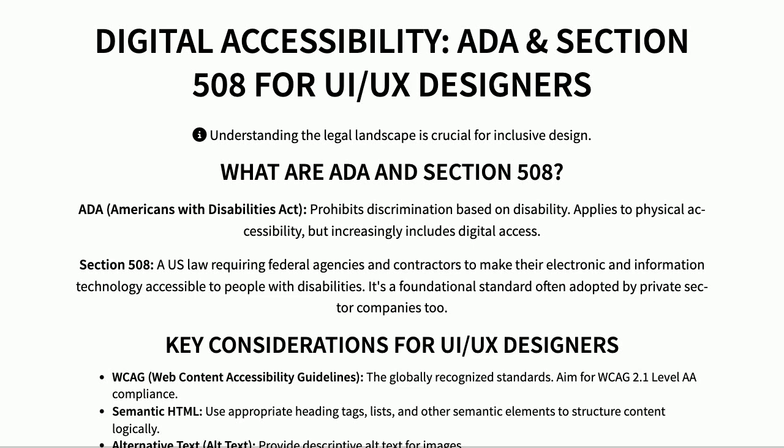A key part of this is following the Web Content Accessibility Guidelines, often called WCAG. These guidelines provide practical steps for building websites and apps that are usable by everyone, including people with disabilities. Things like using semantic HTML, providing alternative text for images, ensuring keyboard navigation, and paying attention to color contrast all play a big role in making your designs accessible. Thinking about these things from the start will not only help you comply with the law, but also create better